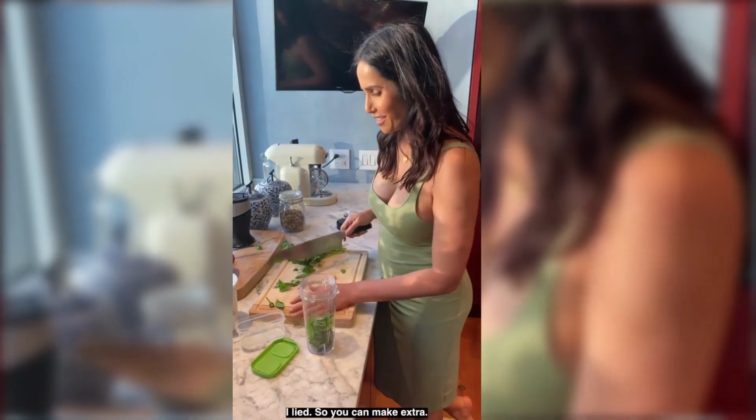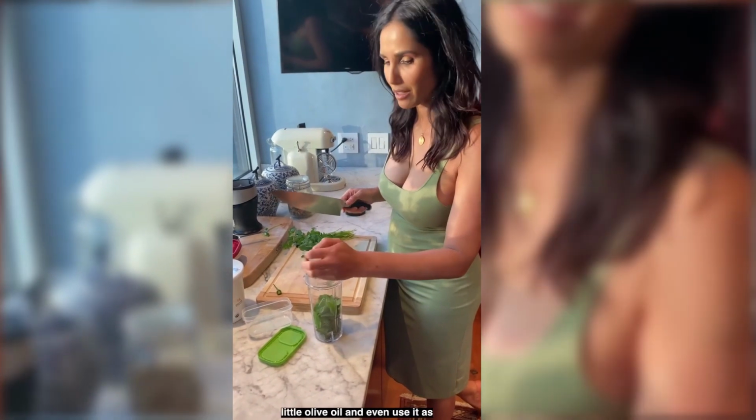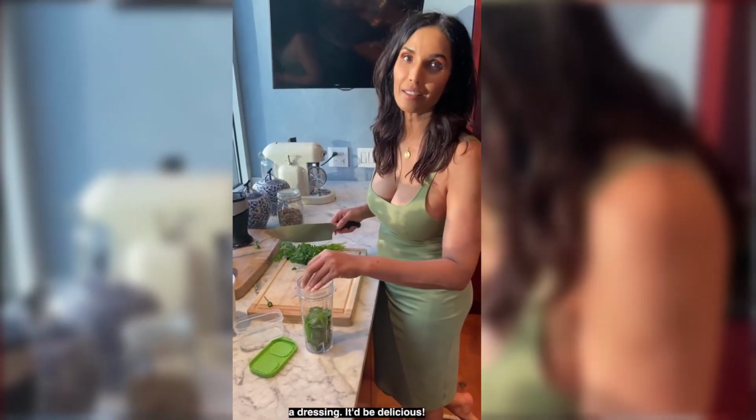This is a really nice dipping sauce. You can thin it out with a little olive oil and even use it as a dressing. It'd be delicious. I'm going to chop off